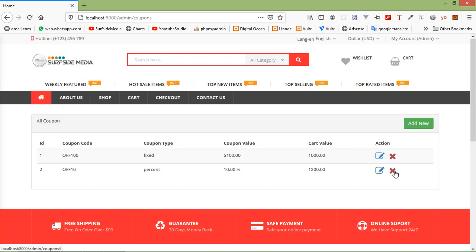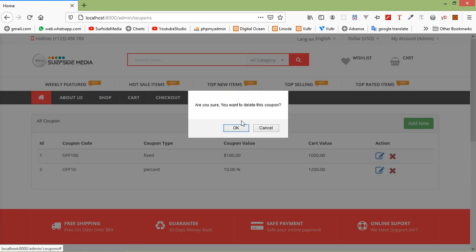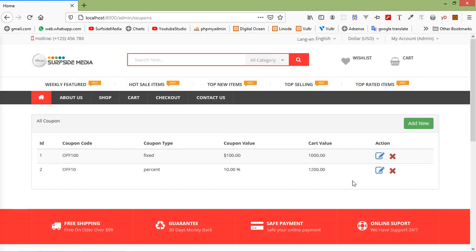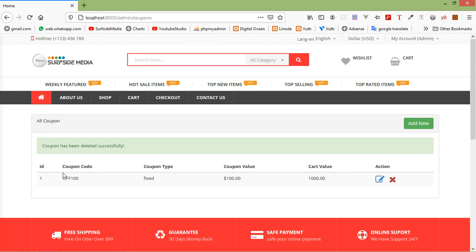So I'm just going to delete this coupon code. So let's delete this. So click on this link. If you want to delete this, so just click on OK, and you can see the coupon has been deleted successfully. All right,